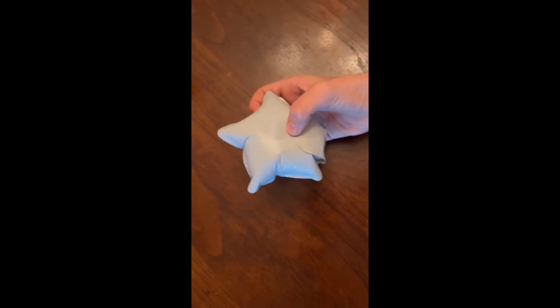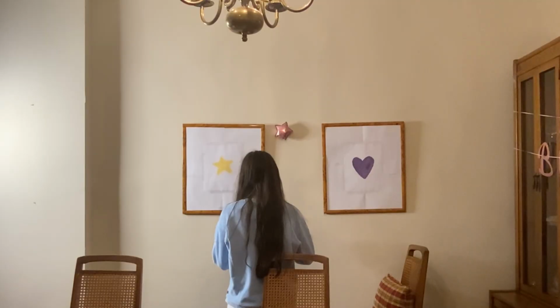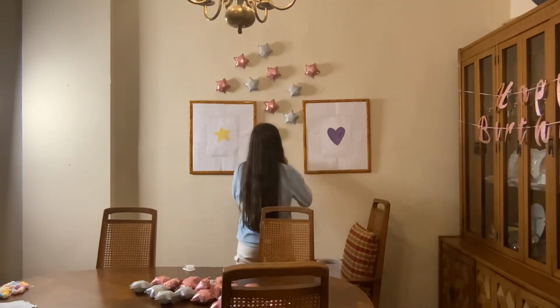Here are the star balloons all blown up. I think they look super cute, and I'm going to stick them all over the wall like a starry night sky. But I'm going to speed it up because no one wants to watch me do this in basically slow motion. This didn't take too long, but it was a pain carrying a few in my hands back and forth,